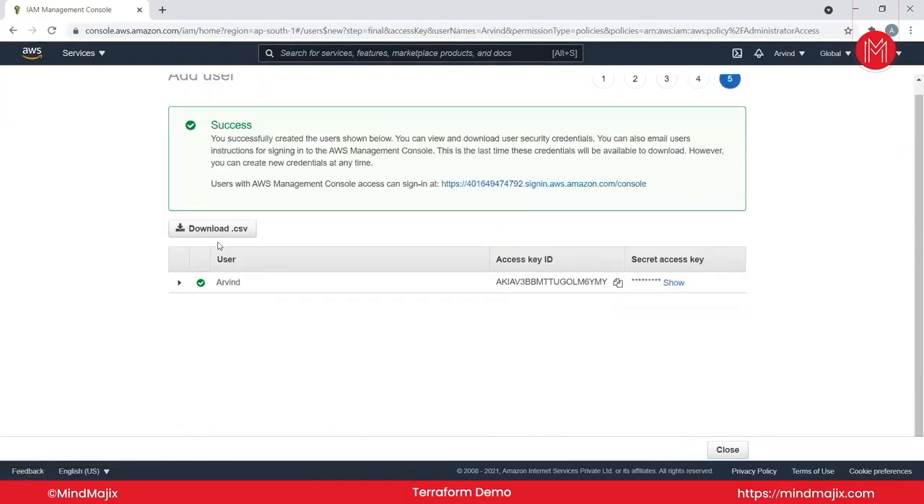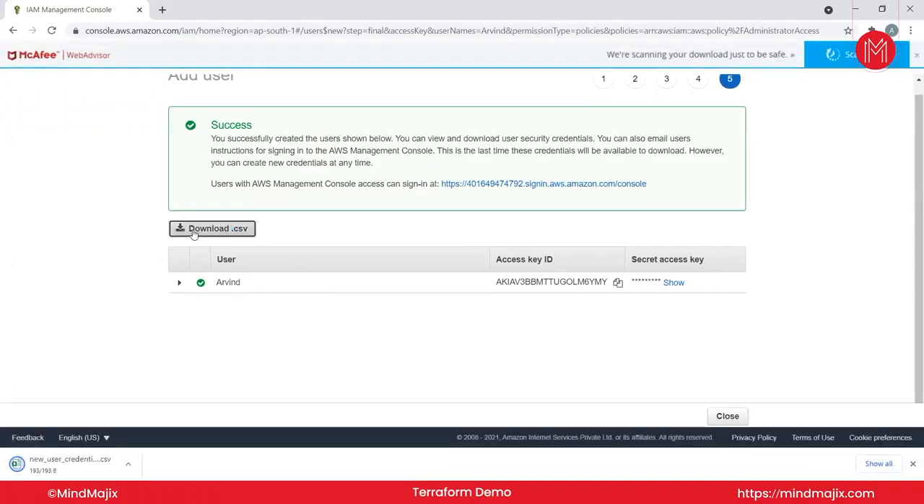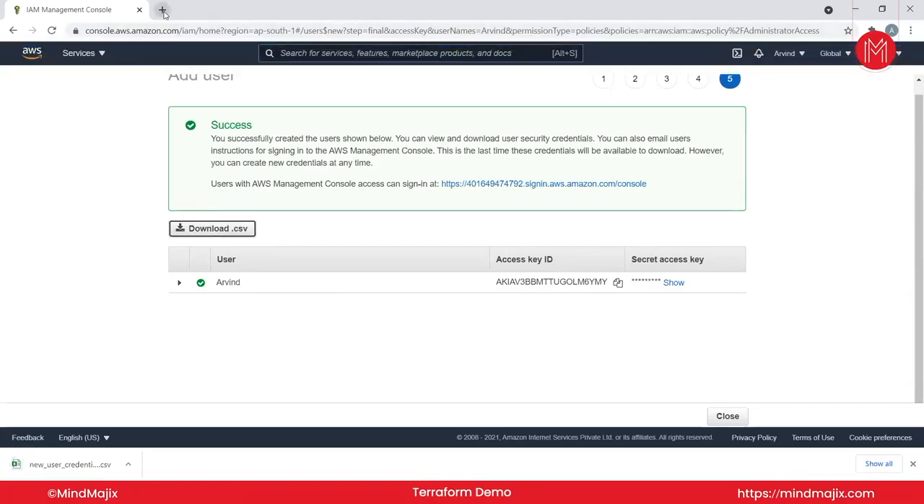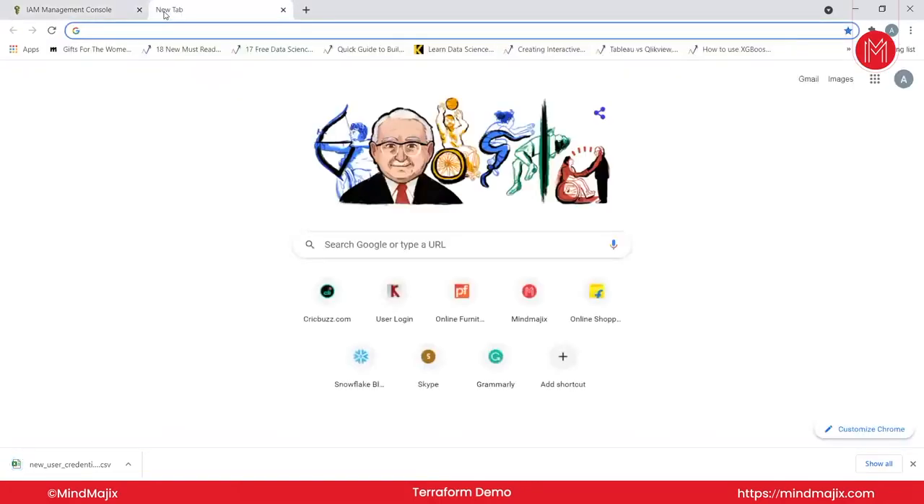So as you can see here, we have created this user Arvind, which has this access key ID and secret key. So why do we need this access key and secret key? I'll show you. As of now, just click on this download .csv file. So to create a user and to add an EC2 instance using AWS, what you have to type